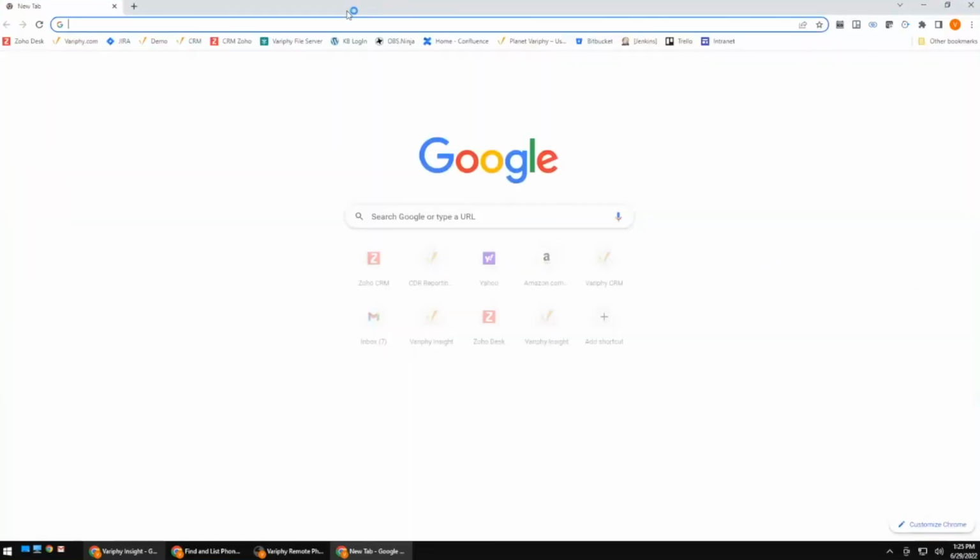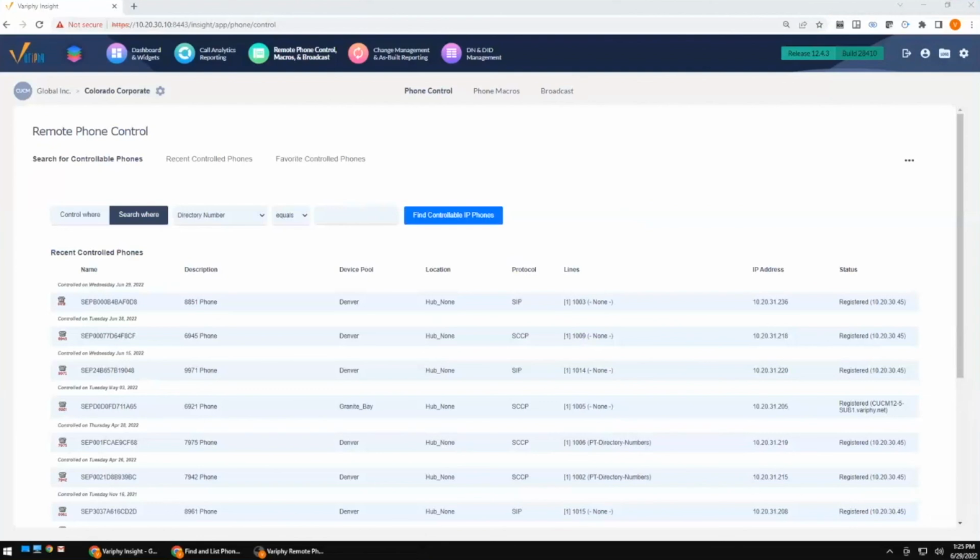Okay, yeah. Keisha asks, how about over MRA as far as using phone control, or phone macro, for running a macro? So I'm assuming we're talking about through an Expressway. I do not think at this point in time we're going to be able to communicate with those phones through the Expressway. So from a macro or a phone control perspective, that may be a little bit more difficult because that Expressway is remote and it's going to have its own unique information. So I want to say the answer is no, but we'll make sure we take down your information and I can confirm that for you guys.